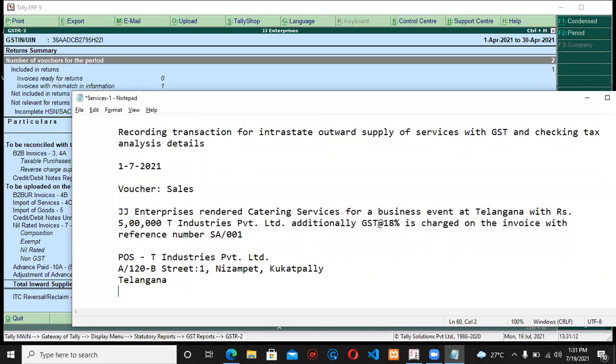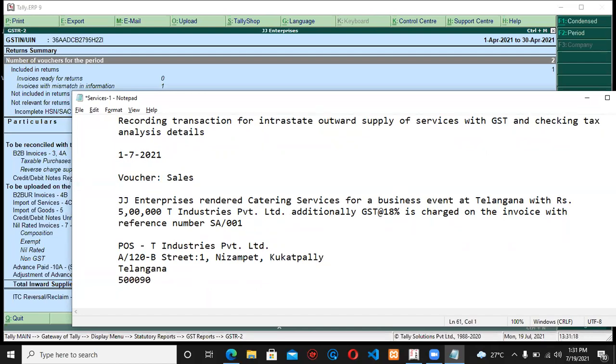So just give some pin code number. Give some pin code number. Okay. So this is pertaining to what? It is pertaining to our sundry debtors. So a sundry debtors ledger has to be created.